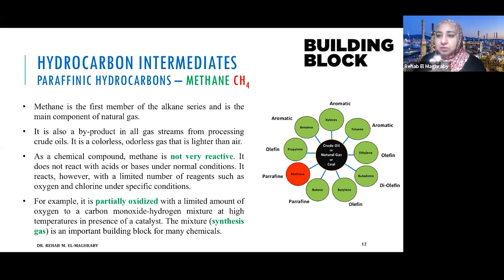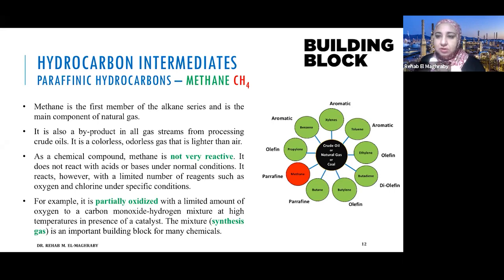Okay, so what can we get from natural gas? Methane is the main component of natural gas, from 60% to 90% of the composition. It can be used as a fuel. For the petrochemical industry, you need to increase the temperature of your furnace, maybe to 800 or 900 degrees Celsius, or maybe higher. To reach such a high temperature, you have to use a fuel. Methane can be used as a fuel. So this is one of the uses of methane.